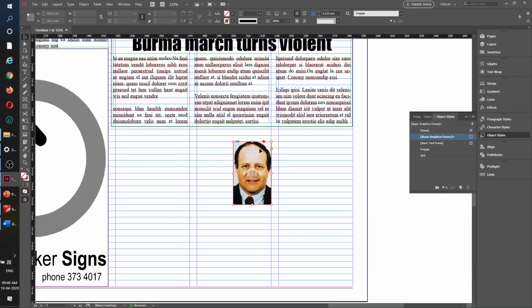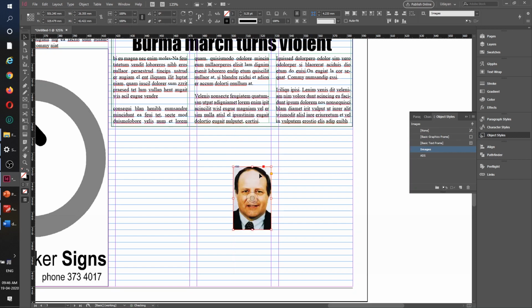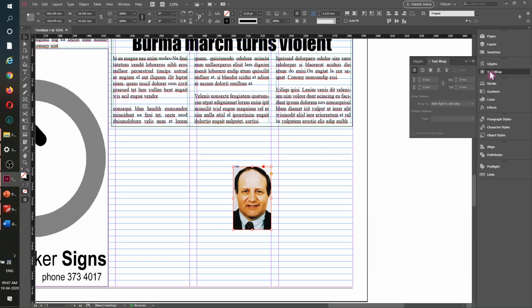So image, I will be keeping it here, and this is the image where we will require text wrapping. Okay, so let it be here for the time being, not to worry. Okay, let us first finish with the text wrapping also. So for this image, what I require is to have a text wrap. So text wrap, I want to have a text wrap around the image. Okay, so this kind of a text wrap.